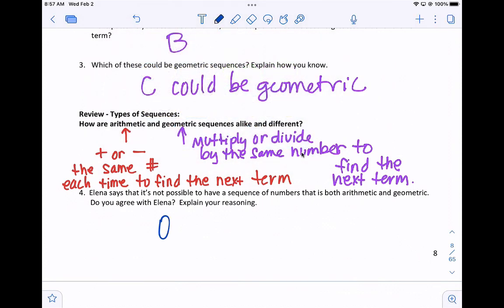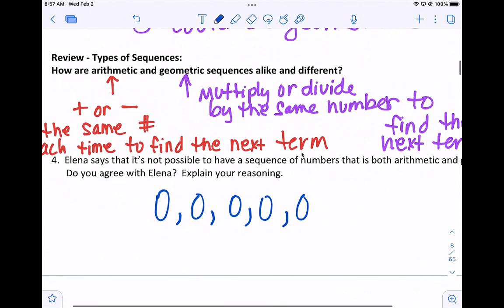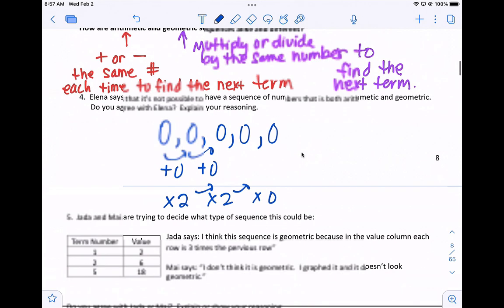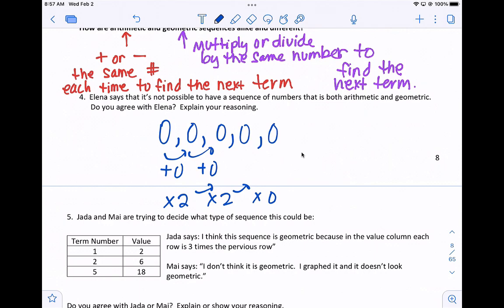If you had just zeros, is just what I'm thinking offhand, this could be arithmetic. We're adding 0 every time. And it could be geometric because you're multiplying, and you could multiply by anything. Anything times 0 is 0. So you could multiply by even like 2 every time, and it could be geometric. So I guess I would disagree with Elena, because if you have a list of zeros, you could make it